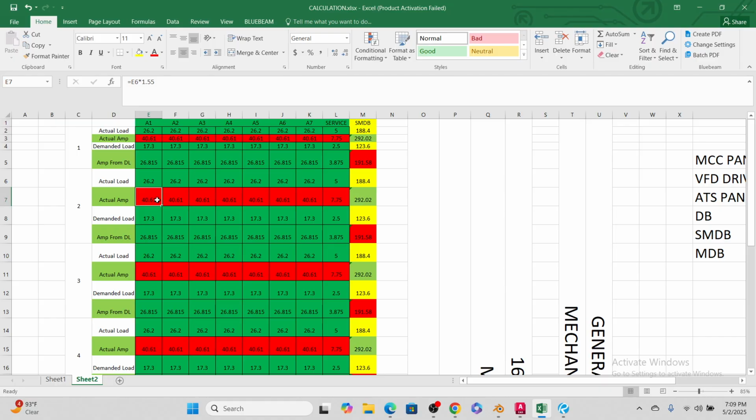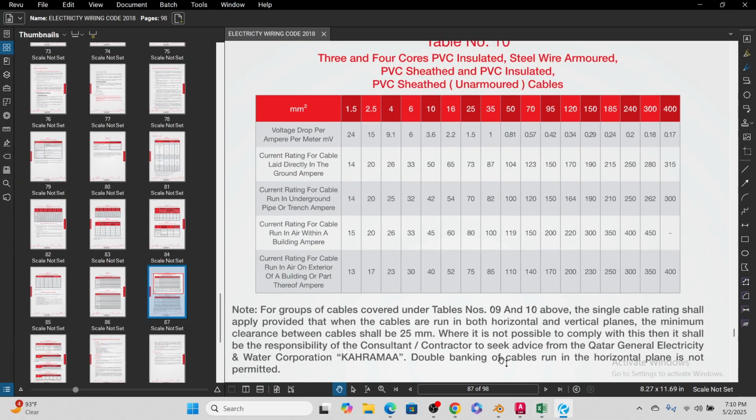Okay. And if you go here, cable selection, this 1.55 can be changed as per the power factor also. If you are using 0.8 power factor, it will become 1.7 something. I am not using 0.7 or 0.8 power factor. I am using 0.9 power factor. Okay. So if you go to the Kahramaa cable,